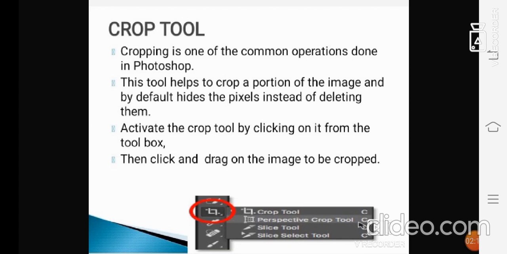First we need to select the crop tool. Cropping is one of the common operations done in Photoshop, and this tool helps to crop a portion of the image and by default hides the pixels instead of deleting them.